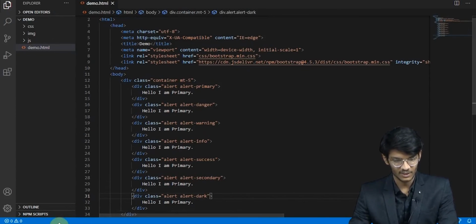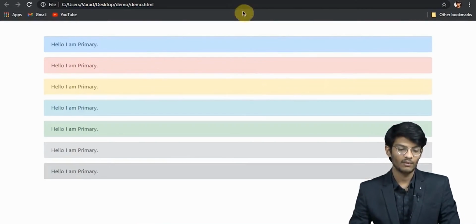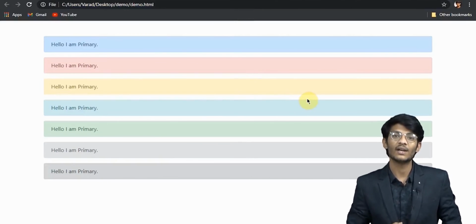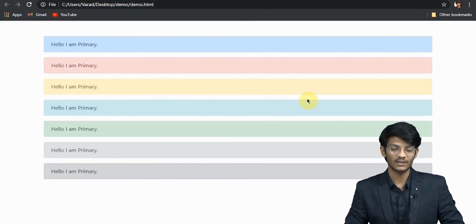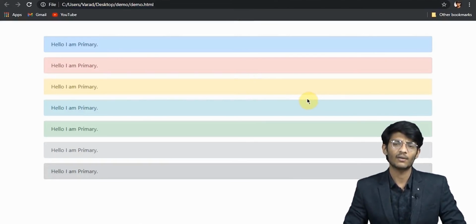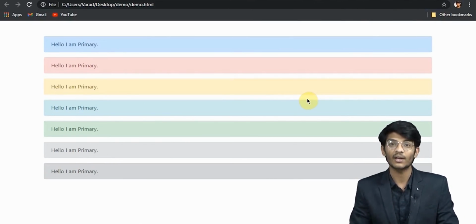So now let's see it in our browser. We got all the contextual alert boxes according to us. We can use it to make our website look more attractive and to enhance the particular alert box. So this is neat and clean.